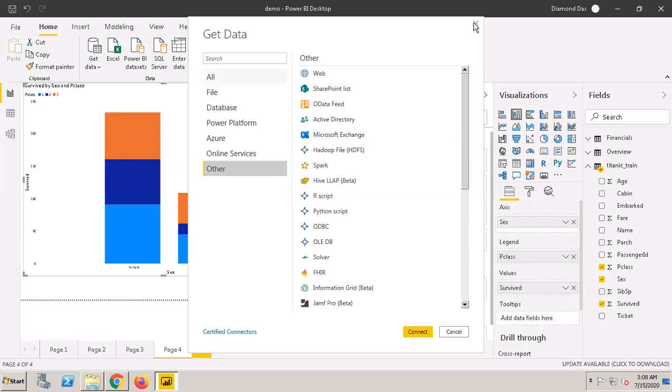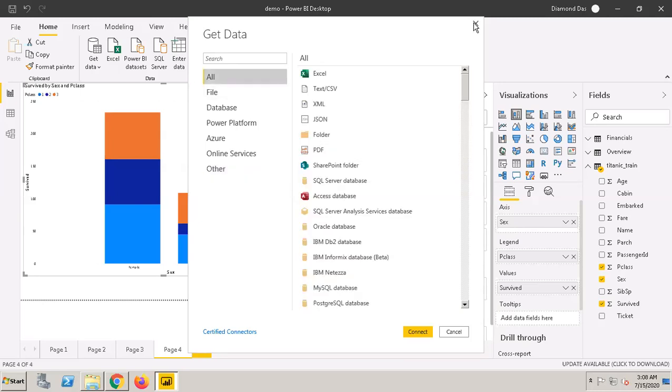Once you finish, do we require a Pro license to view our reports on a SharePoint Online site? There are ways of doing it. Unless you have a Pro license, you will not be able to publish your reports, and unless you publish, you will not have a web version of your report.